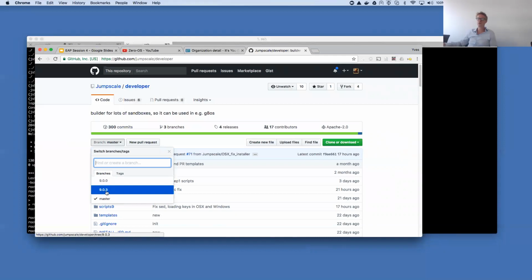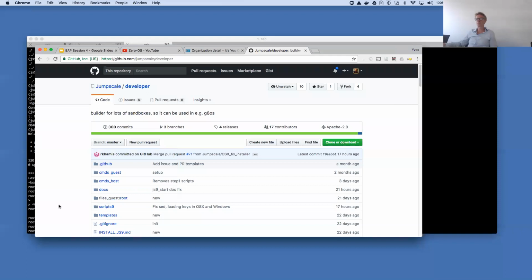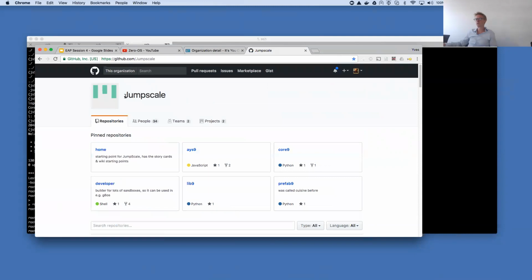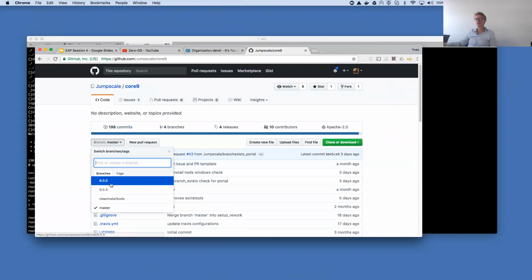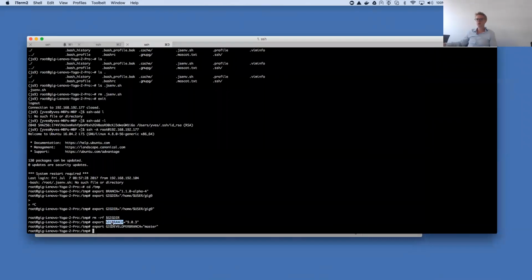So not the 900, not the 903, but the master branch of this repository for the scripts. While for the actual at your service environment, at your service 9, and the core components of JumpScale, we are basically using 903. And that's what we specify here with this one, while this one specifies then the master branch of the developer repository. So that's what is